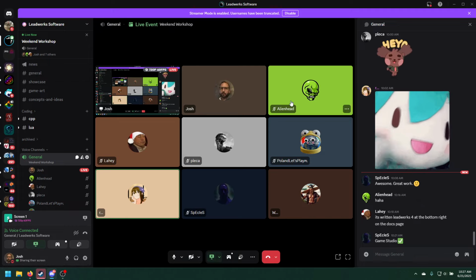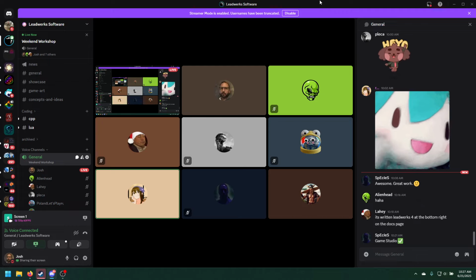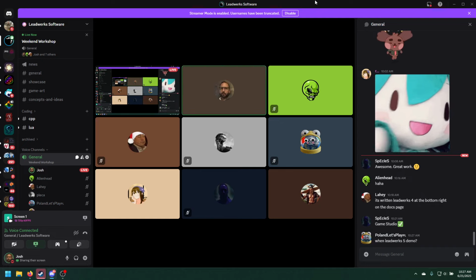So one thing I do want to touch on for the coding stuff, are you going to just copy and paste the Lua tutorial stuff from Levelworks 4? Pretty much. Yeah, because I think that's handy, because I don't use Lua that much, so I was like, oh wait, how do I insert things into a table again? I think that would help, together with a video of me talking about how to do casting and everything. Yeah, Poland Let's Play is typing something. Levelworks 5 demo, probably July, third week of July.